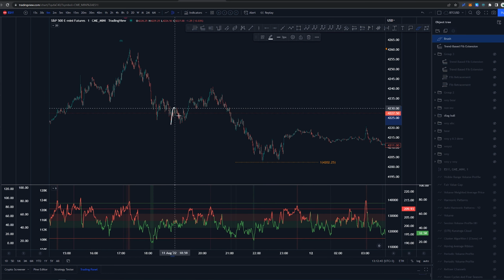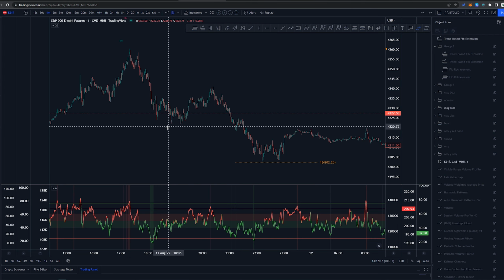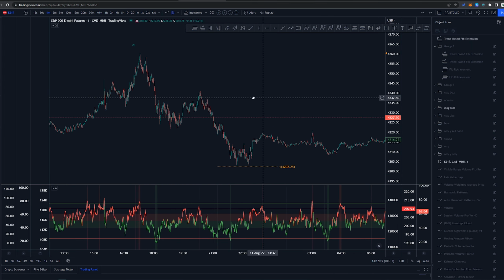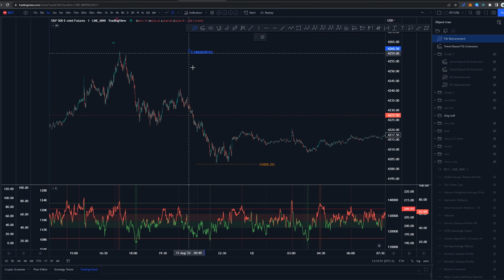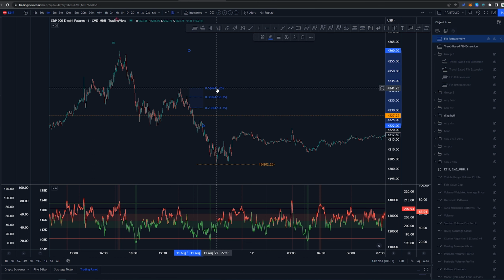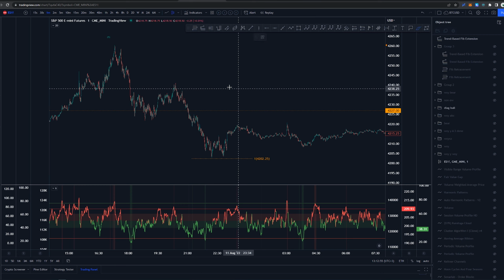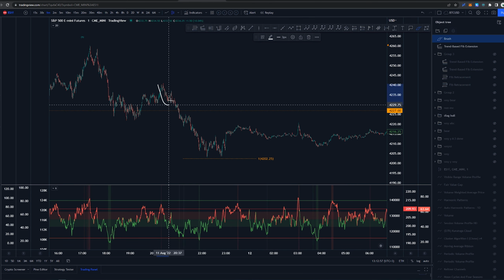Then I would have this as an A, B, and C, 1, 2, 3, 4, 5, a bit wonky looking structure, but yeah, allowable, I guess. The whole structure did come right around the 0.5 retracement, and then again we would have this as some kind of 5-wave move. However, it is not perfect here.